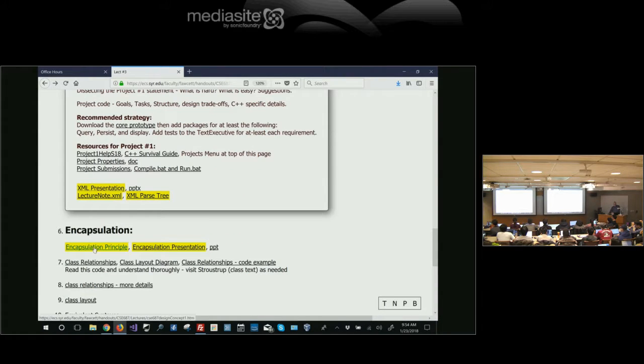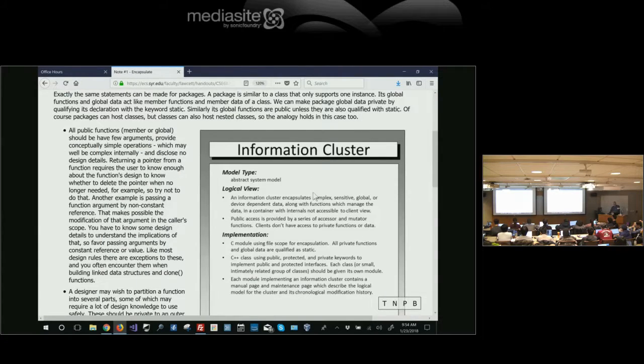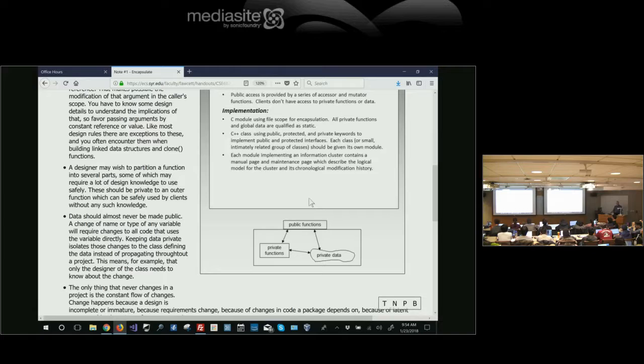I'm talking here about an information cluster, and I use that term because this idea applies to things more than just classes. It applies to classes, but it also applies to modules, which may be collections of multiple classes. It even applies to programs. So the idea is this, that this entity, whatever it is, a class or a package or a module, is a collection of 2 or 3 packages,